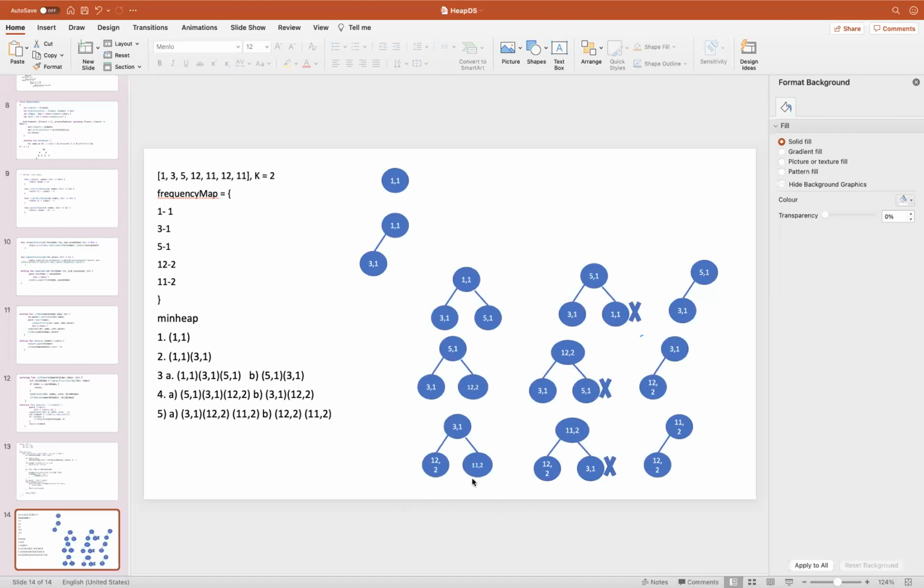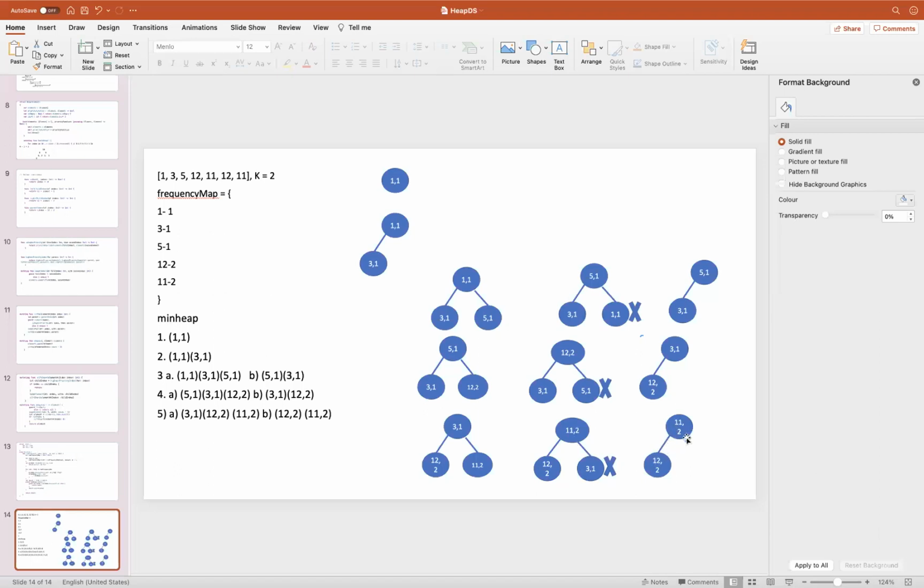Again, I first swap these last two nodes. After swapping, 11 2 comes here and 3 1 goes out of the picture. Since these two have the same frequencies, there will be no swap.